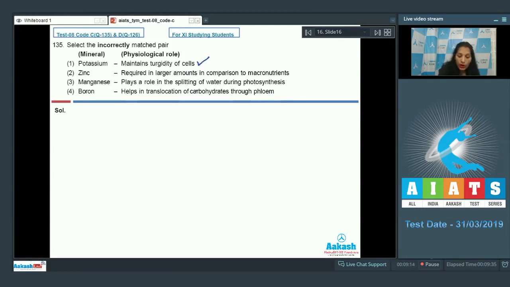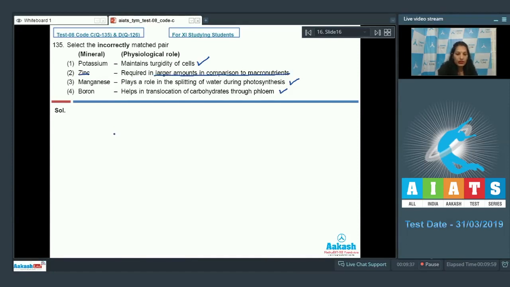Potassium maintains the turgidity of cells. It is correct. Manganese plays a role in the splitting of water during photosynthesis. Yes, because it is a part of OEC, the oxygen evolving complex. Boron helps in translocation of carbohydrates through the phloem. It is also correct. What about this which says that the zinc is required in larger amounts in comparison to